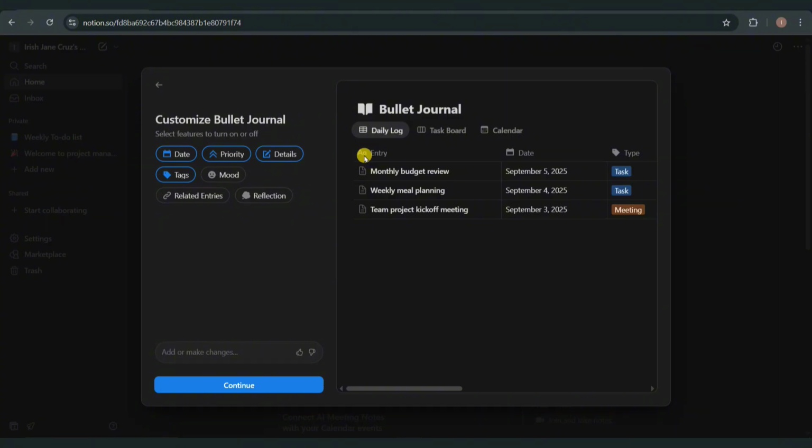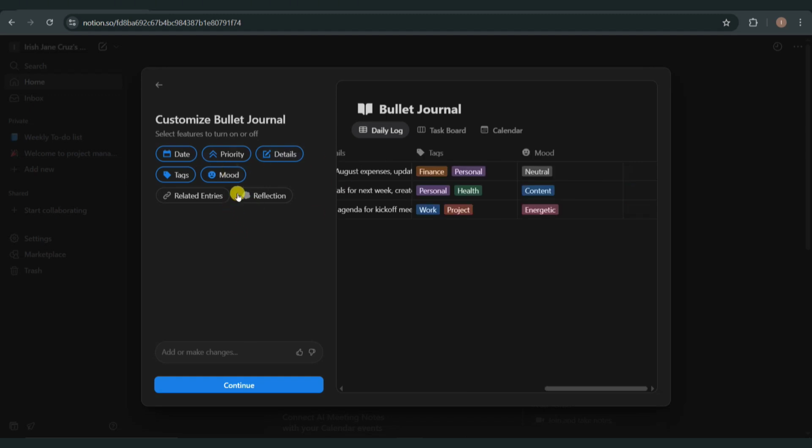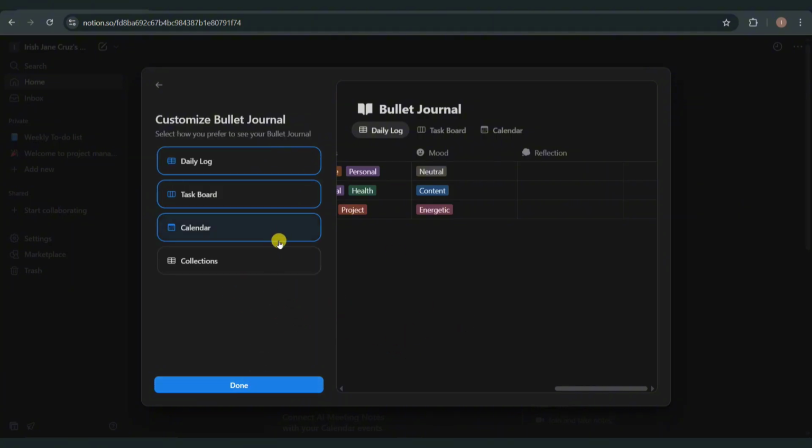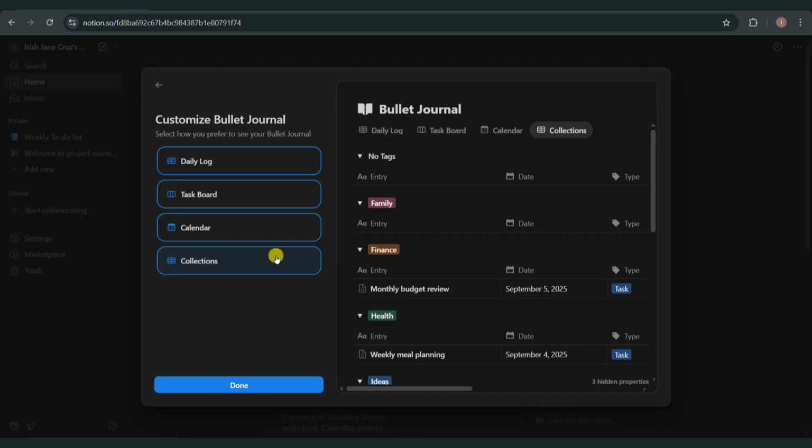So in here, as you can see, you can also add more features to your bullet journal. So you can select from these options. You can also add more by entering your comment into this section. So click on continue once you're satisfied, and then click on done once you're done with customizing your bullet journal